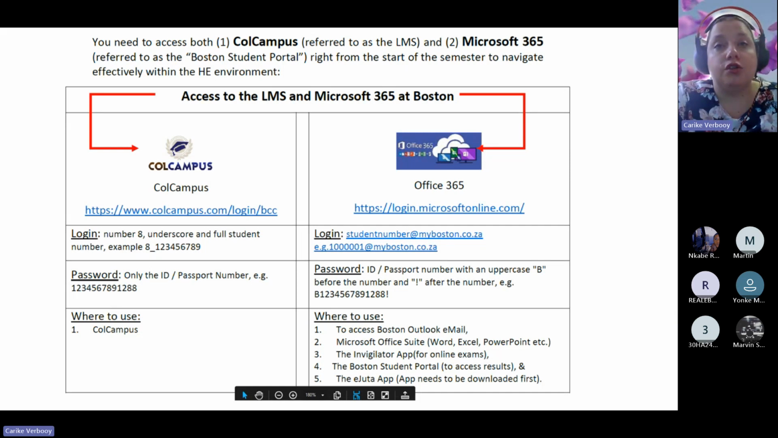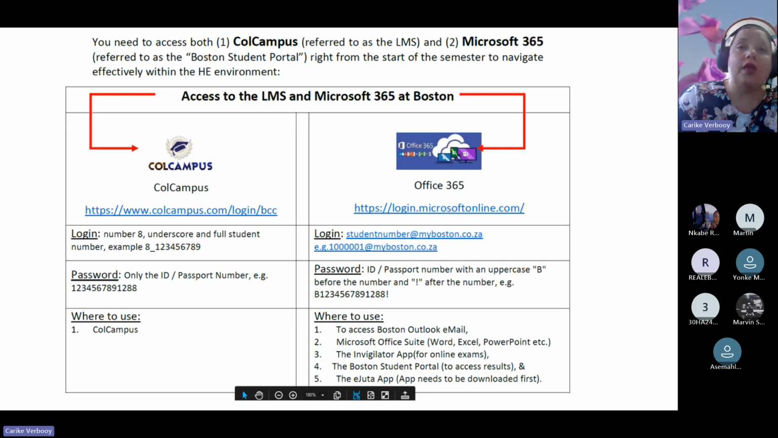So you can go onto login.microsoftonline.com, and then your login is your student number at myboston.co.za, and then your password is the capital letter B for Boston, followed by your ID or passport number, and then the exclamation mark. So you can get your individual assessment results on Cole Campus, as well as the student portal, and then thirdly